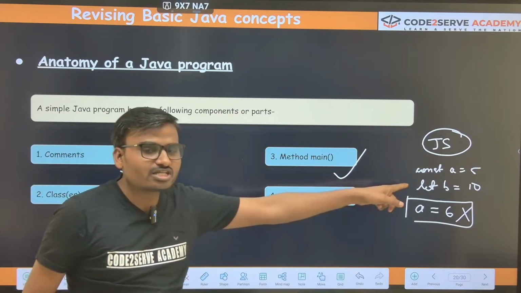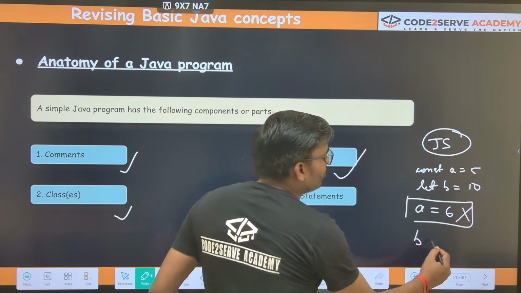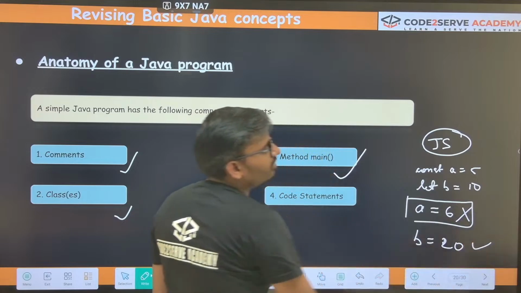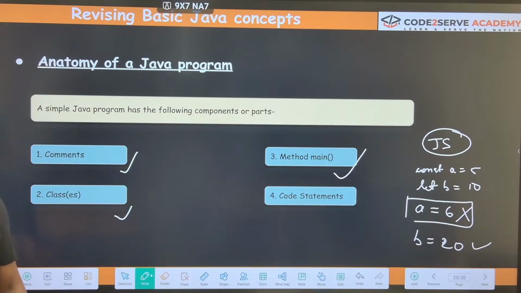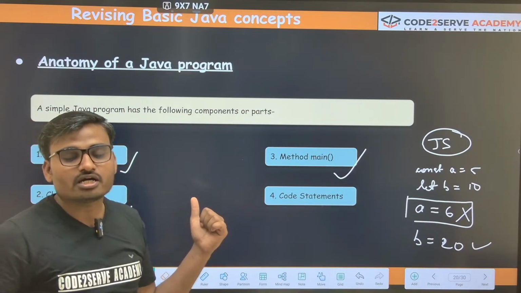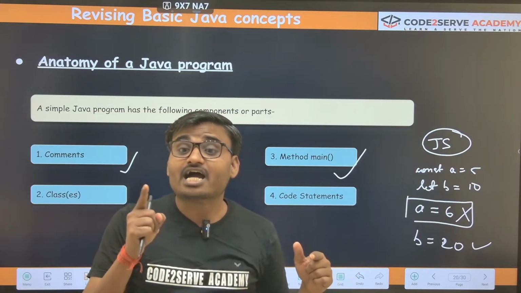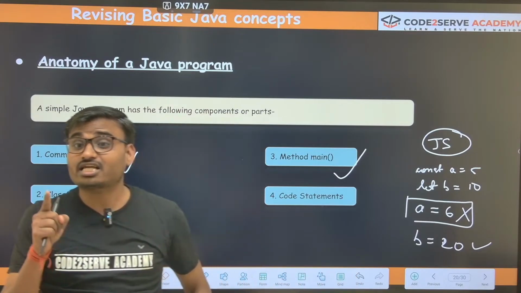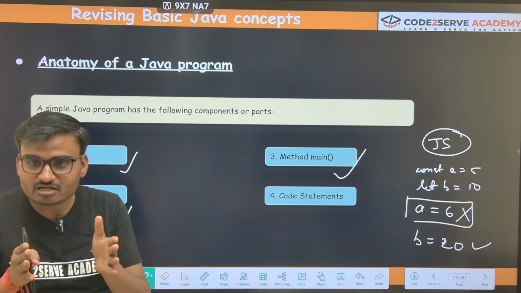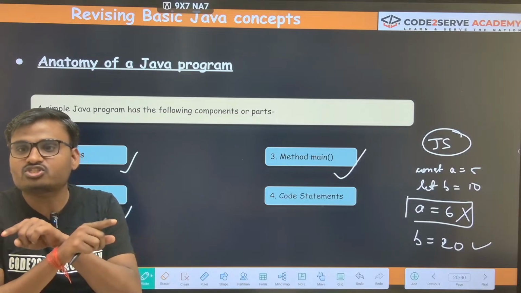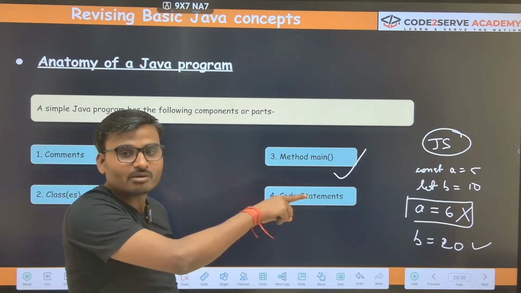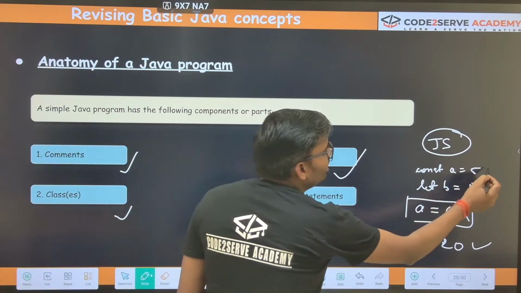Now if you try to write b is equals to 20, this is valid, but that is invalid. The Java you are learning is a strictly typed language. What is that? It means whatever the container or type you create, you cannot change it later on. But in other programming languages, suppose this type was integer.